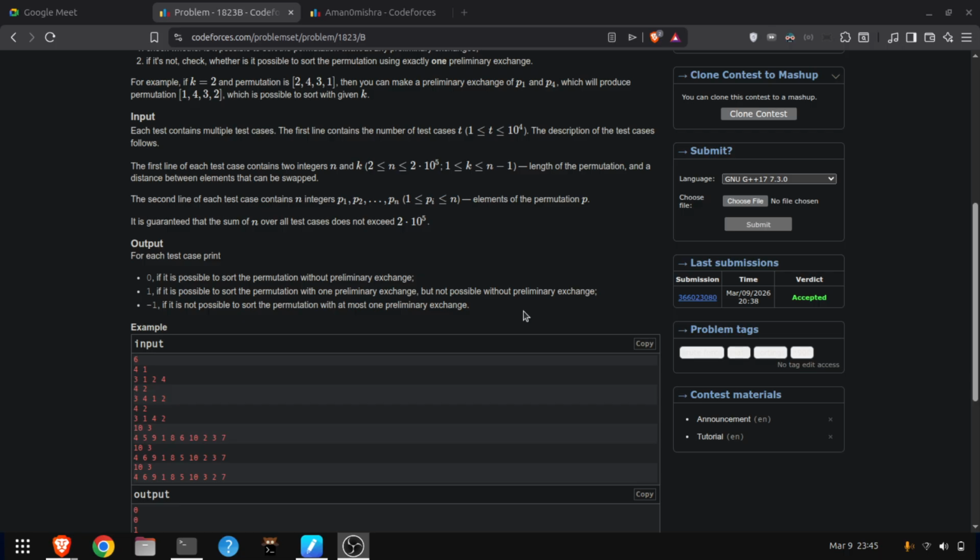Okay, so what the question is, you have a permutation array containing 1 to n exactly and you want to sort it in ascending order. Okay, you can perform swaps, but the restriction is you can swap the elements only if their positions i and j differ by exactly k, where i minus j is equal to k. The twist is some permutations cannot be sorted under this restriction, so you are allowed at most one preliminary swap. Okay, so the key question for us is, for each test case output 0, 1 or -1,